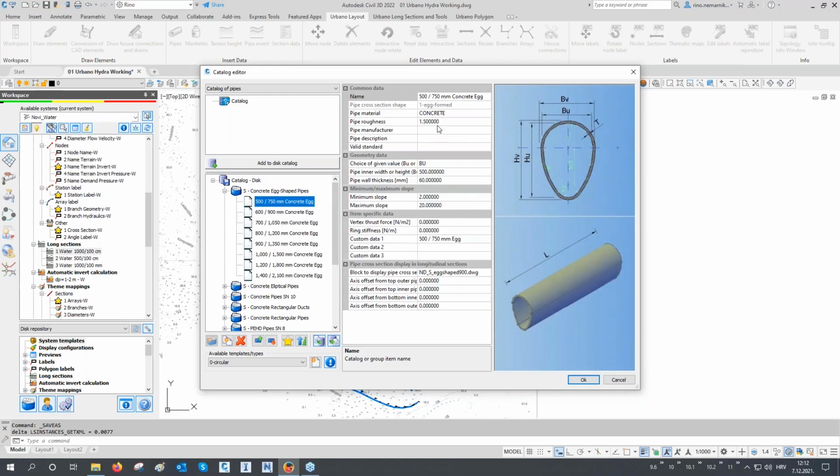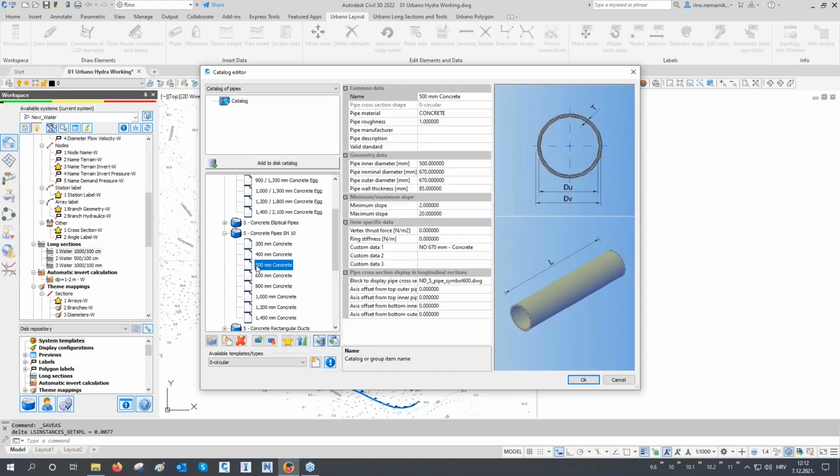You can define some user data like manufacturer, description, and of course all of the geometrical data like sizes, thicknesses of the walls, and so on. So let's check maybe these circular concrete pipes, or let's check maybe circular PEHD pipes,